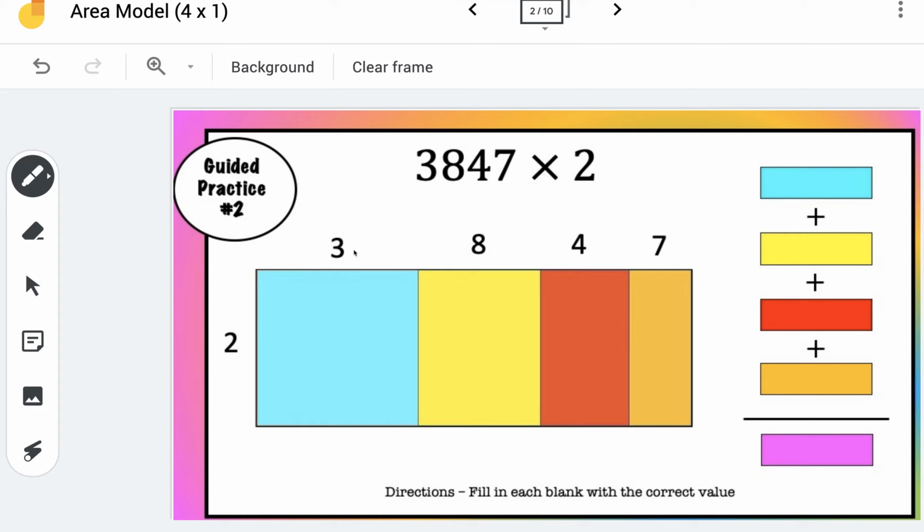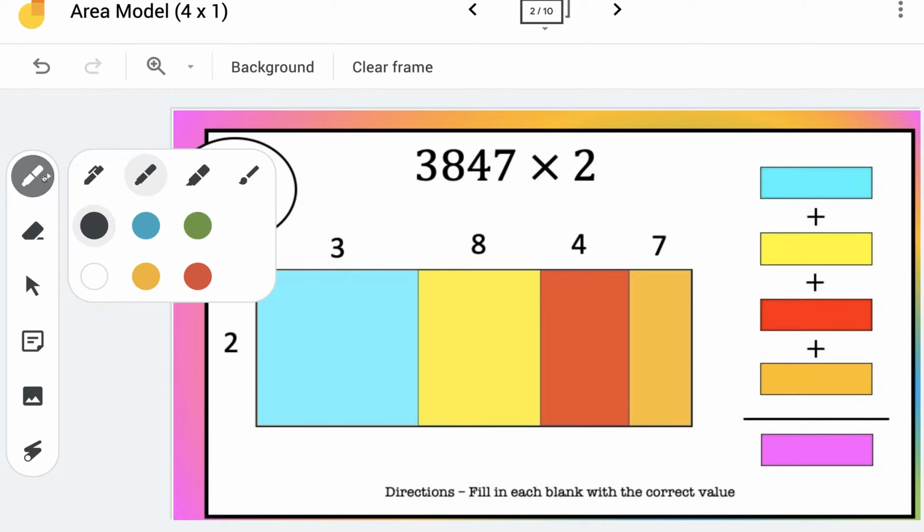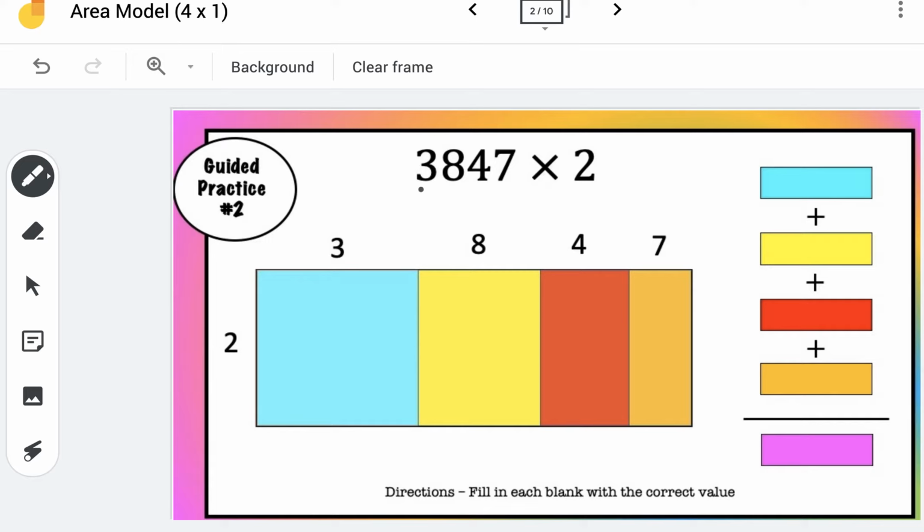Hey everybody, for this problem we're going to multiply 3,847 times 2 using an area model. Okay, so come over here, grab a pen, grab a marker, whatever works for you, and let's do this problem together. Alright, so remember this 3 is a number of thousands, so this is going to be 3,000, so 3,000